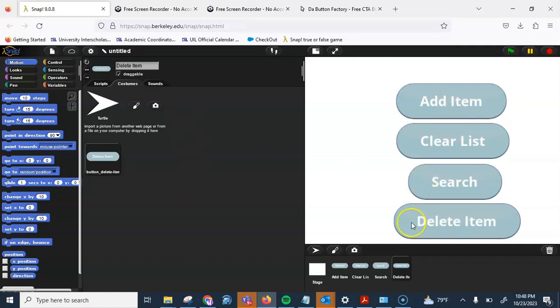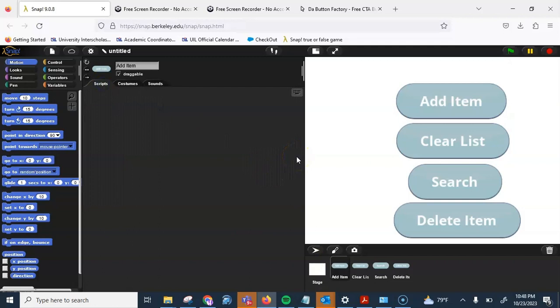And for delete item, it's delete item. I'm going to start working with the add item. For the add item, there's one thing I need to do first, and that is to start the program. So when I start the program, I need to set a few variables first, and that is to make the